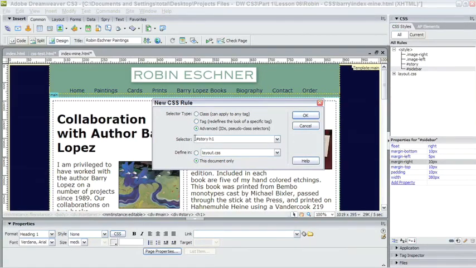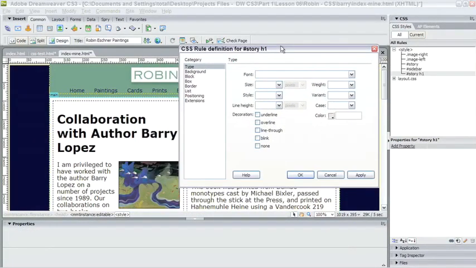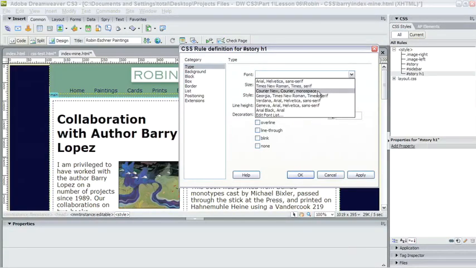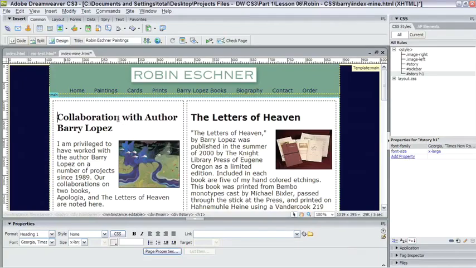I'm now creating a style that will only affect content like this headline if it's formatted with an H1 tag and it's contained within a block element like this div that's called story. If I click OK, now I can set the styling for this. Let's make it Georgia, and let's make it extra large. Of course, I could use a percentage here, and we'll talk about that more in a moment. But for now, let's just make it Georgia extra large, click OK. And you see immediately that change is affected because it's already styled as H1 and it's already inside a div